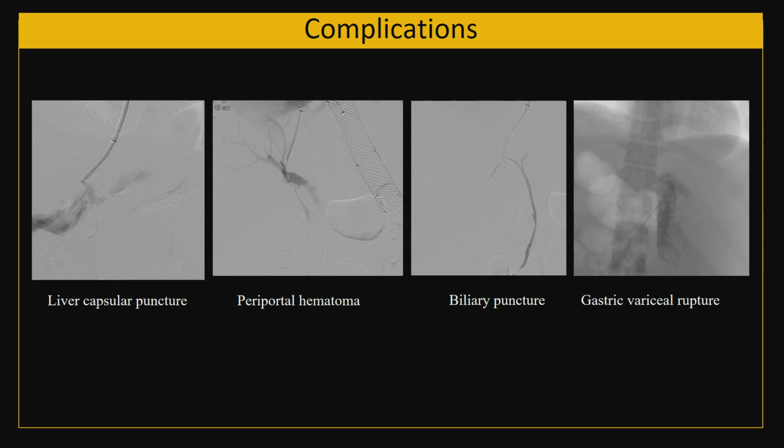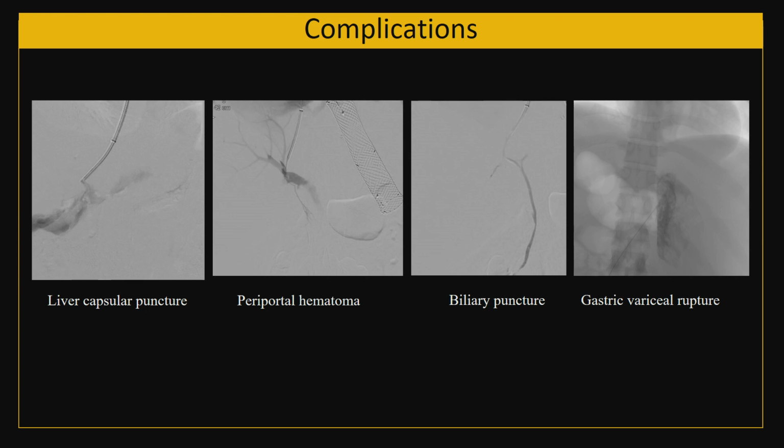In one of the cases in which we were doing a direct intrahepatic portosystemic shunt, during our attempt to cannulate the portal vein, we punctured the liver capsule, and you can see there is extravasation of the contrast within the peritoneum through the liver capsule. So we finished our case quickly so as to reduce the congestion of the liver, and this bleeding stopped with time. Then there is another complication which we had, where rather than puncturing the portal vein, we punctured the periportal